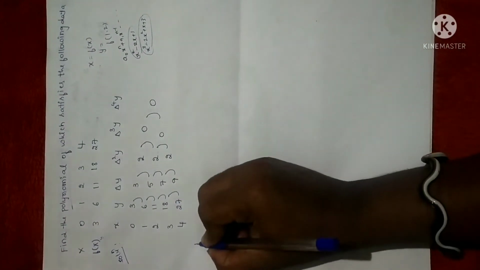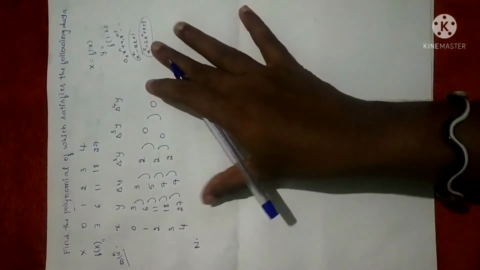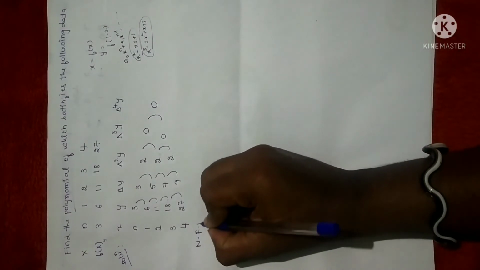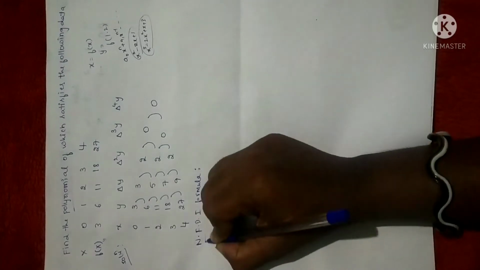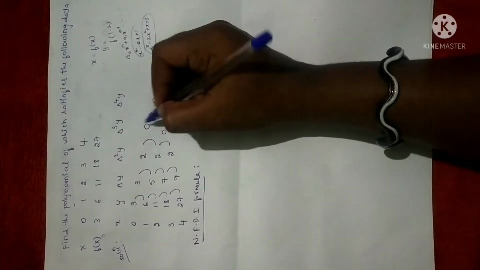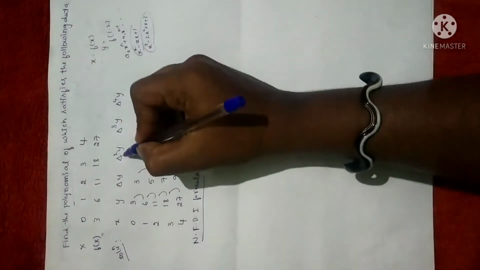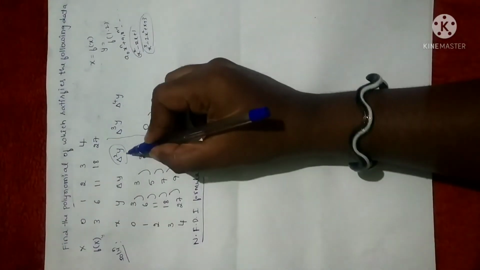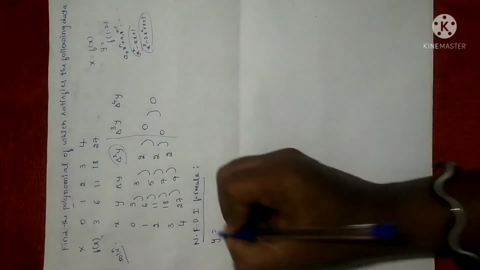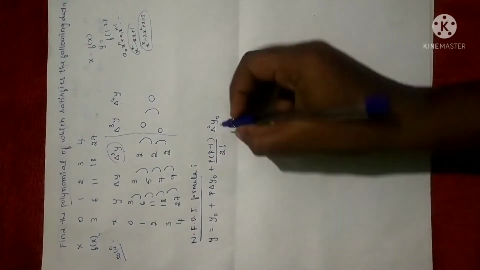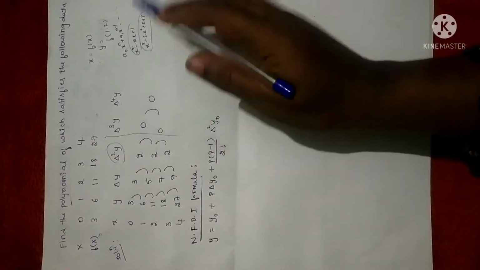Now I am going to construct a polynomial by using Newton forward difference interpolation formula. So how many terms do we have here? Up to delta power 4. Anyhow, delta cube and delta power 4 are 0, so we can neglect this part. We can consider up to the terms containing delta square y. Let me write the Newton forward difference interpolation formula. I have written only up to delta square y, since delta cube and delta 4 are 0.